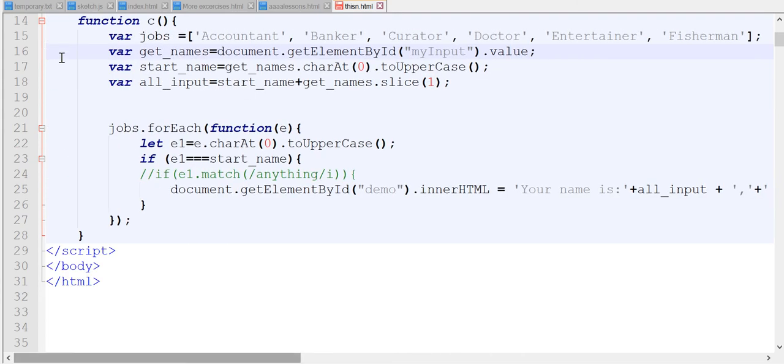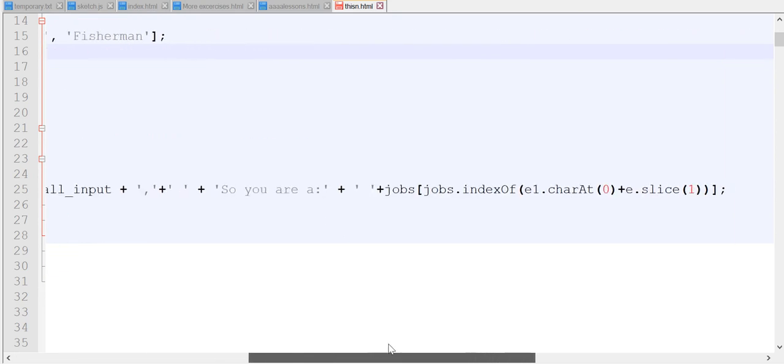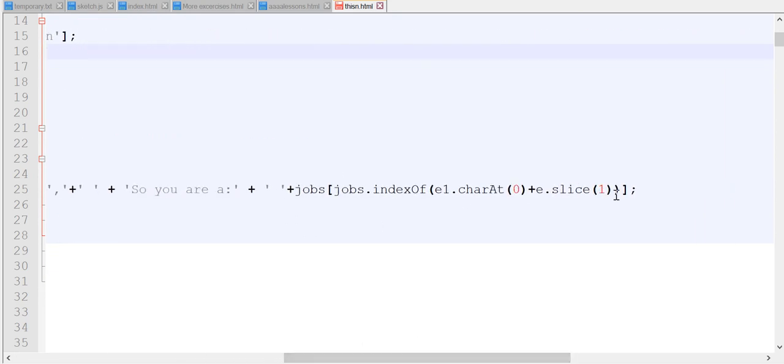That's the name of the array, job, you can see. So I want to get job index, a particular index. What particular index am I going to get? So look at how it's done. The index is all this together. Job.index of